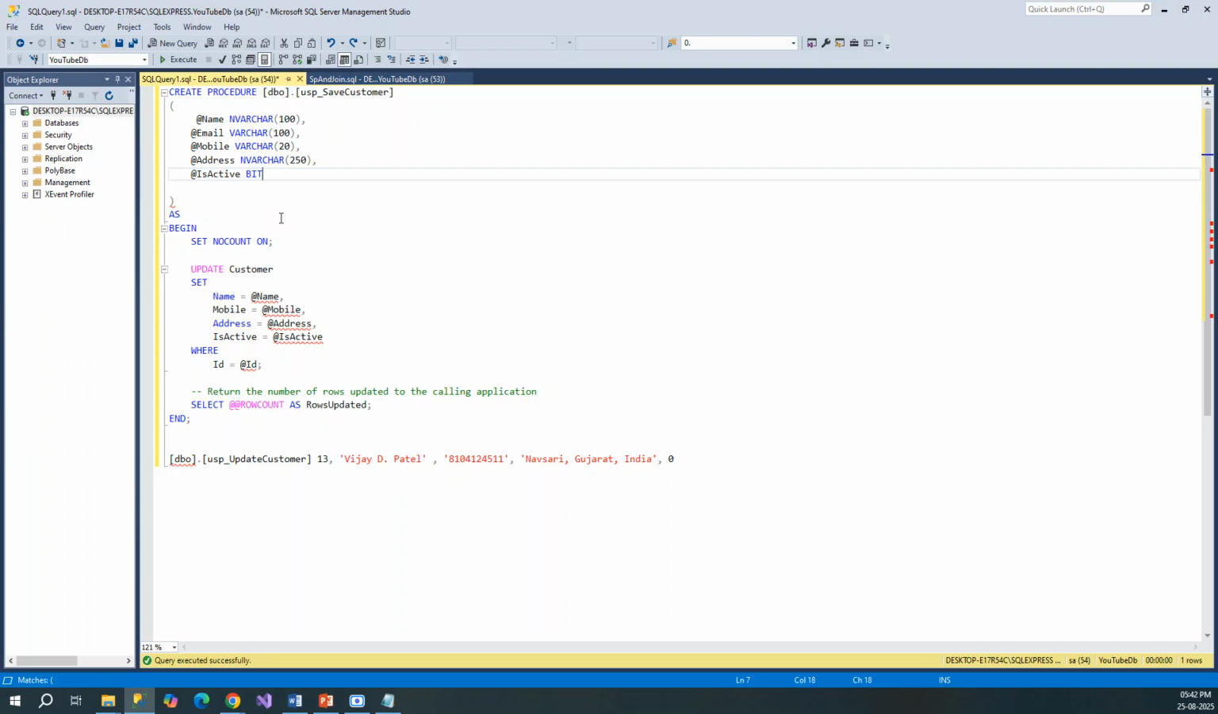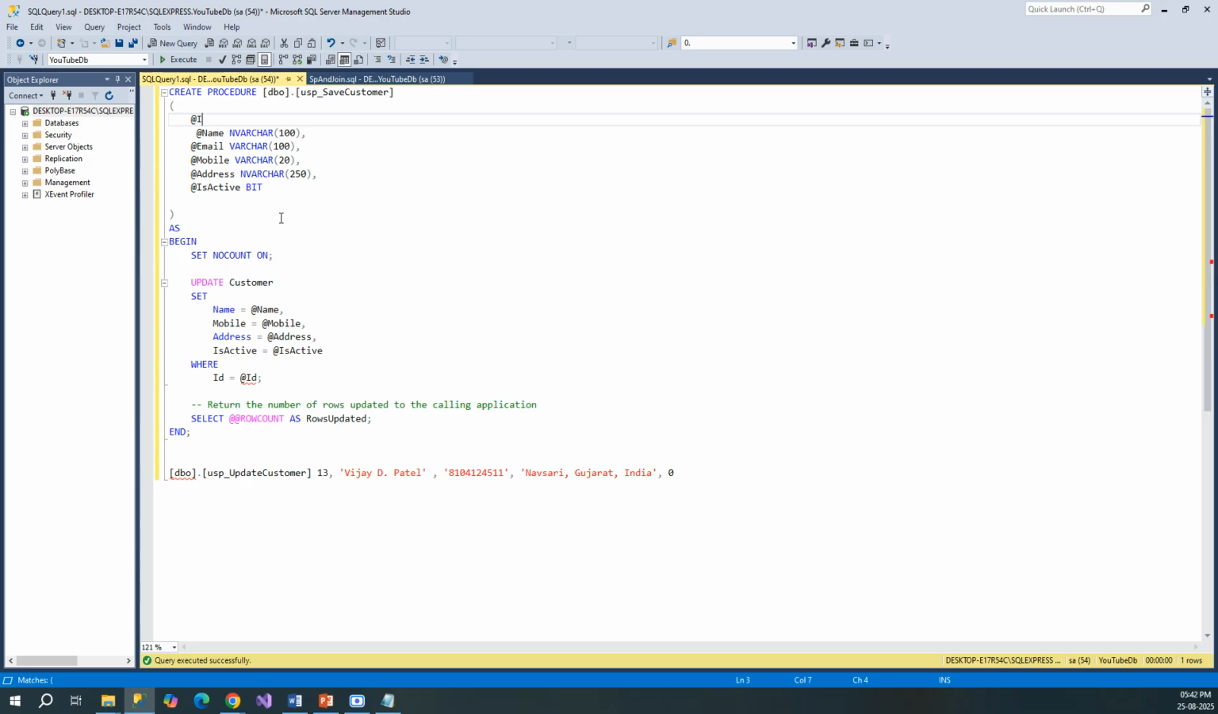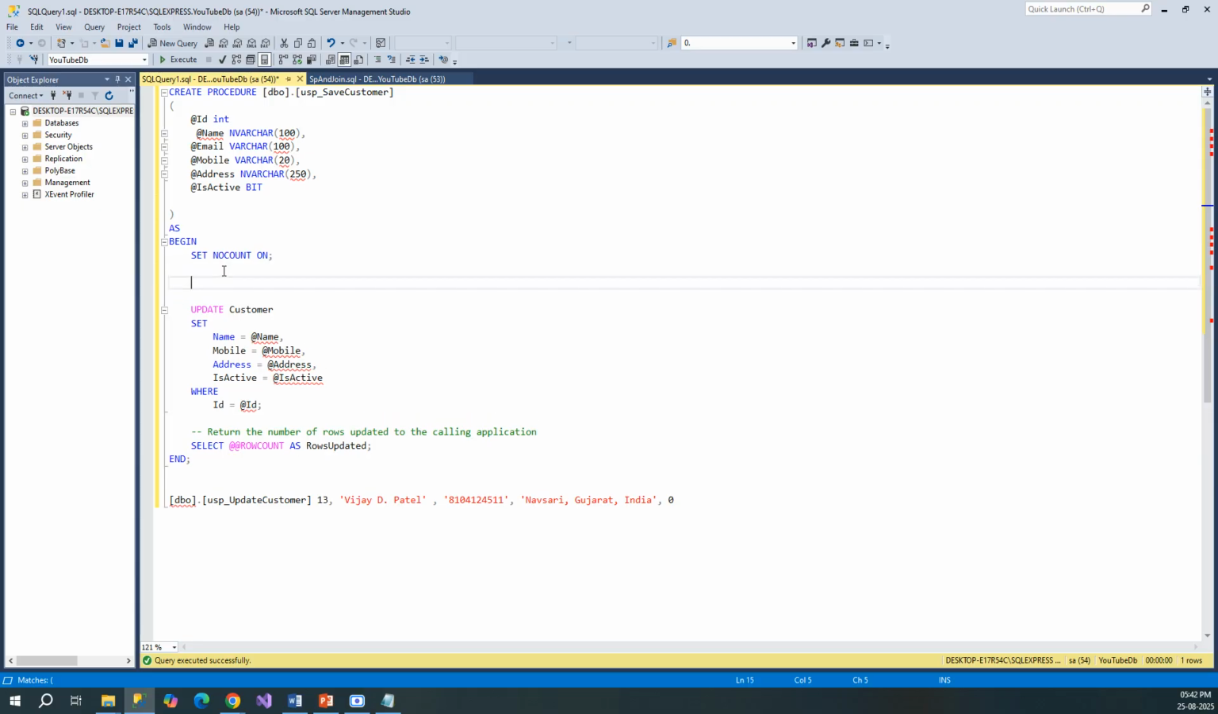Let me remove this also. So we have name, email, and here we are passing id as our first parameter, integer, right? Id, name, this is this and this. Now, okay, so here we will be checking if, we will say if exist,